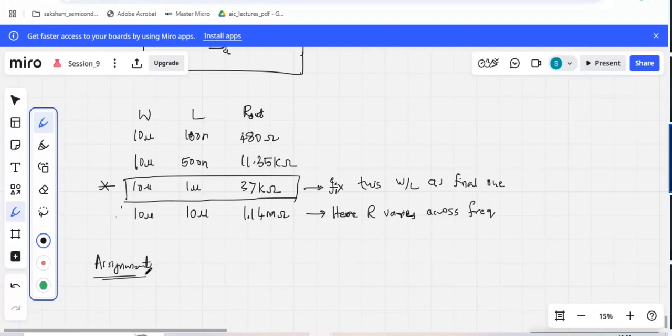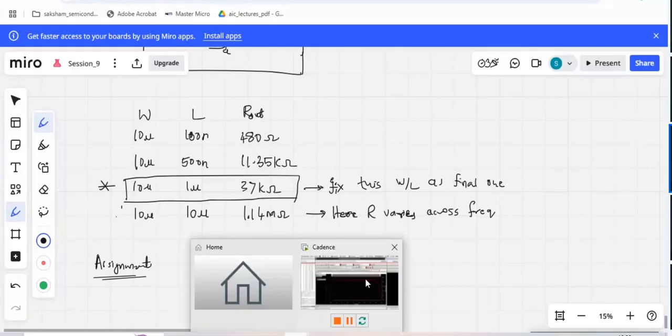Now, as of now, with respect to this particular design, 10 micrometer by 1 micrometer, that is W by L, which is giving you the ratio of 10 by 1 is equal to 10. So I can use this particular W by L ratio in designing the common source amplifier, current